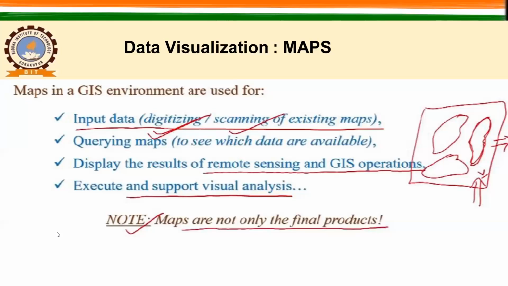जब हम digitize करते हैं, तो हम raster data को vector data में convert करते हैं. In raster data, what you do? Digitize का मतलब raster data को हम vector data में convert करते हैं. तो in raster data you have pixel, आपको ये बताया, बड़ी common term है. और vector data में you have point, line and polygon.